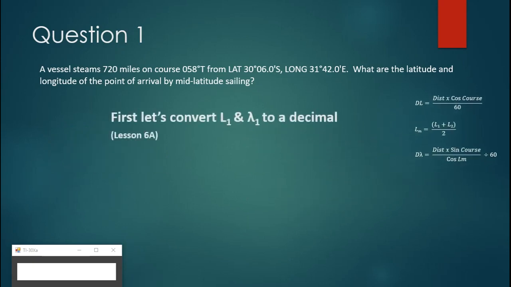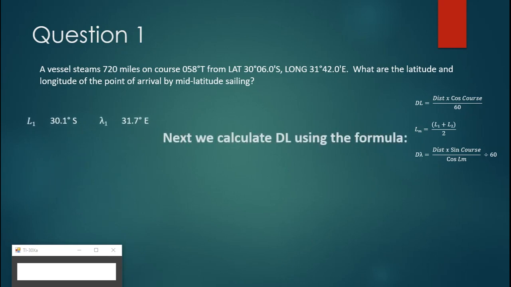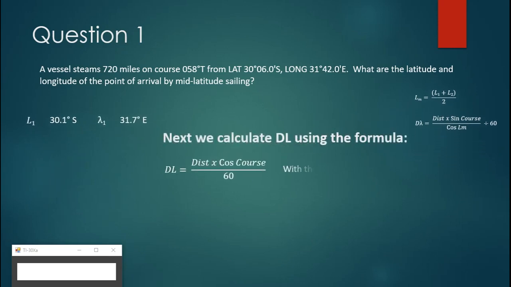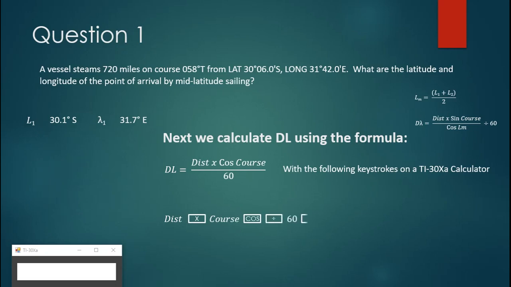And the first thing we're going to do is convert our L1 and lambda 1 to a decimal. We learned how to do that in lesson 6A. So I'm not going to go through that on the calculator, but we're converting it to a decimal because the calculator likes decimals way more than it likes degrees and minutes. So we're going to use the following keystrokes on our Texas Instrument 30XA